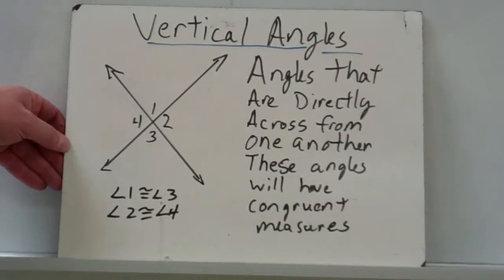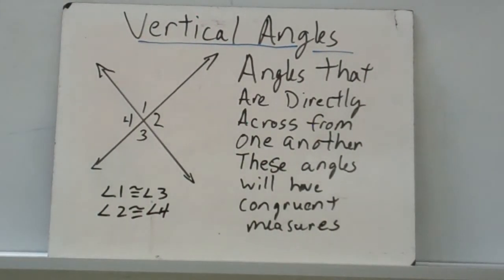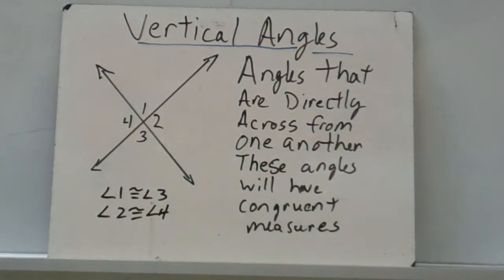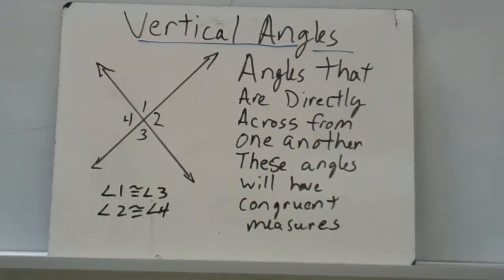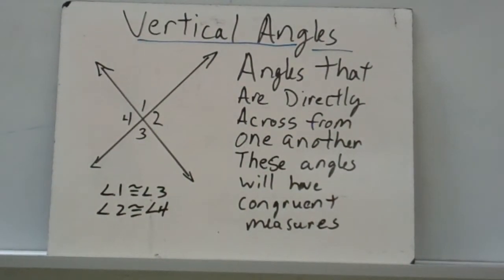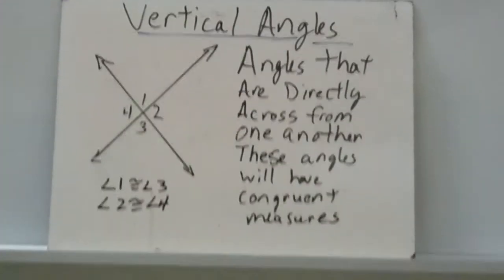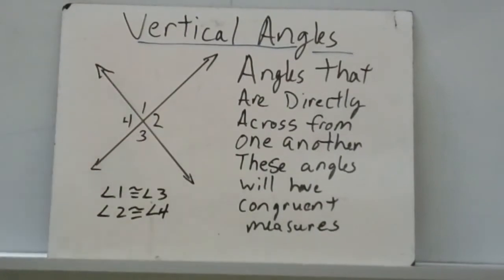Another type of angle is called a vertical angle. And vertical angles are angles whose measures are congruent, and those angles are right across from one another. And if you look at what I have here, I have two intersecting straight lines, and I have the numbers 1, 2, 3, and 4. So angle 1 and angle 3 are vertical from each other, and angle 2 and angle 4 are vertical from